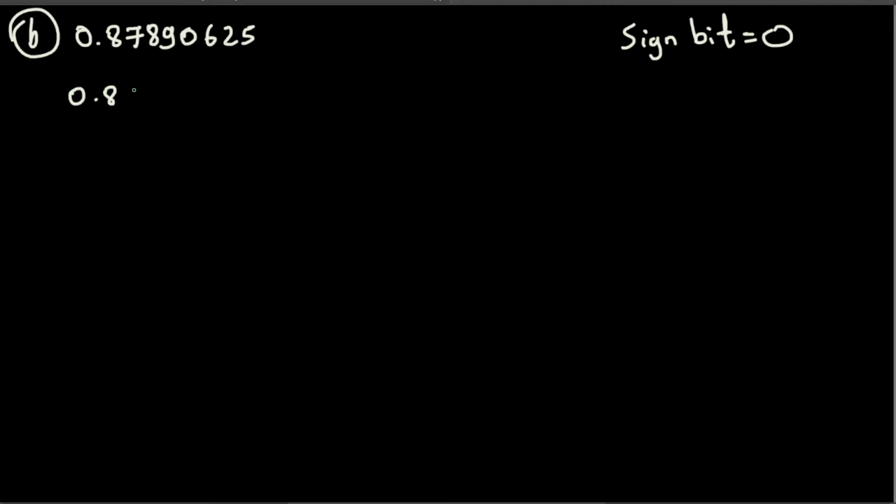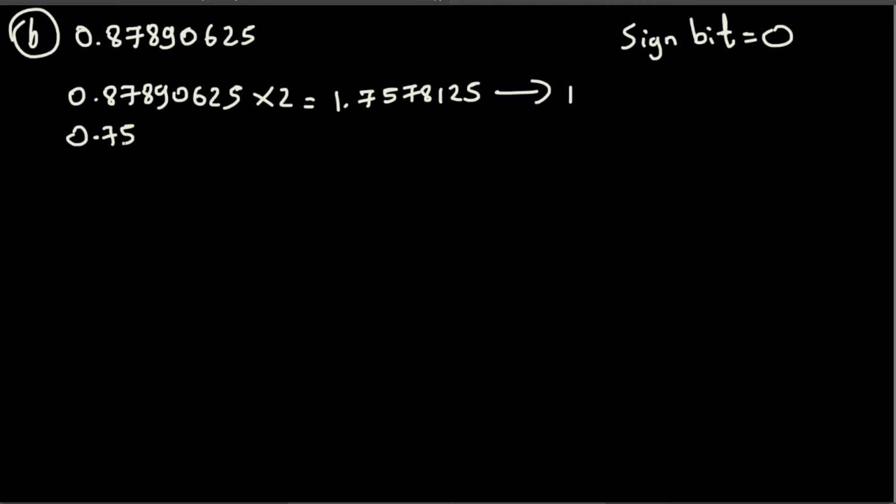So 0.87890625 multiplied by 2 gives us 1.7578125, and here we have 1 in front, and then we grab this 0.7578125 and multiply that one by 2, that gives us 1.046875, and then